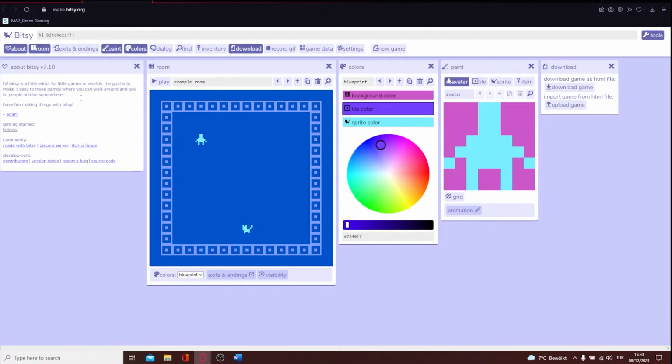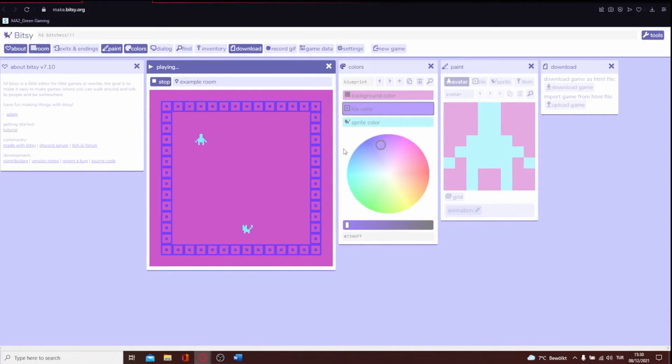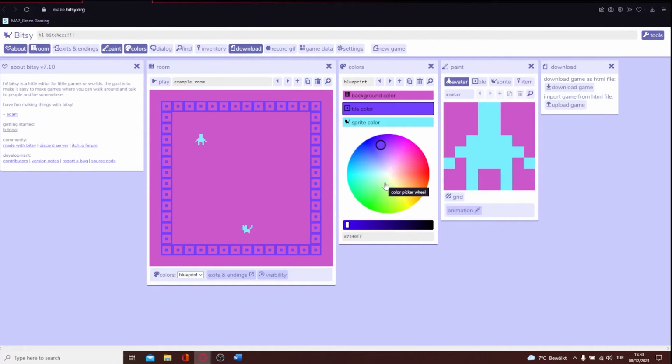So what if I click play? Yep, the color is changed here now. Sometimes OpenGL doesn't work or isn't supported properly on every program. Anyway,